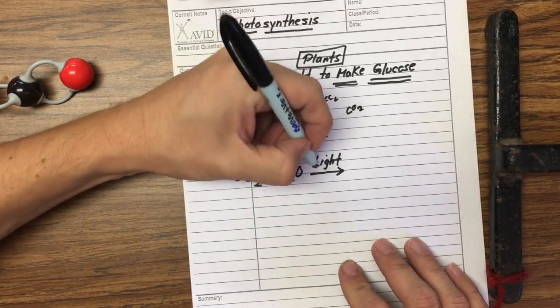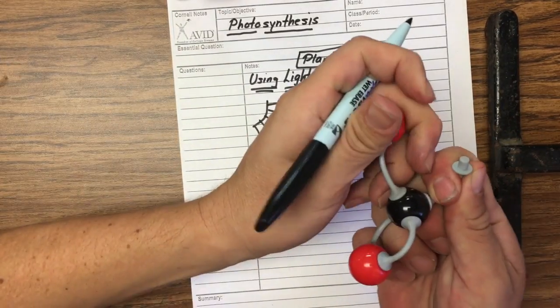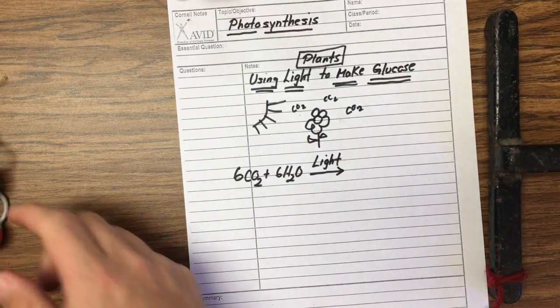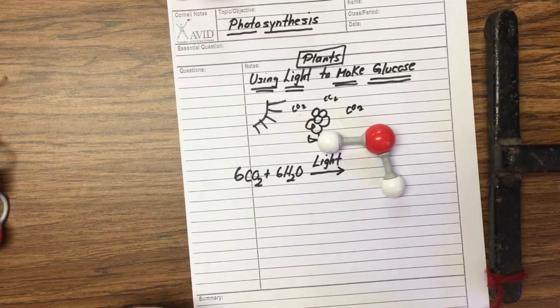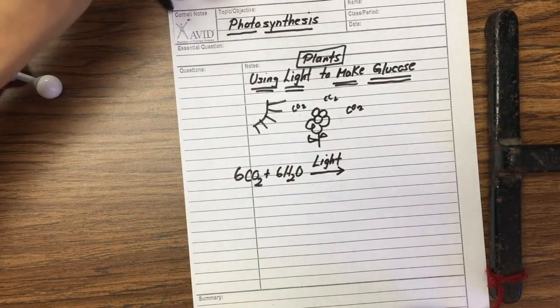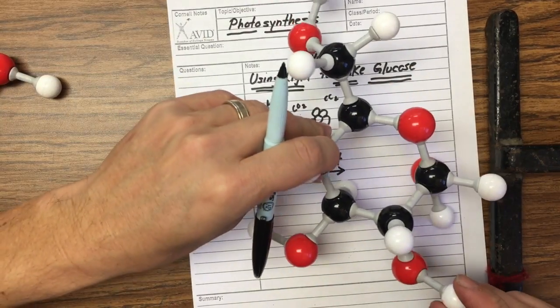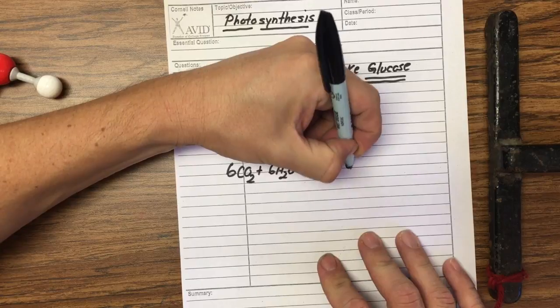It's going to use the energy from the sun to break these molecules. Here are the water molecules that we built in class, right? So it's going to use 6 of these, and it's going to break those molecules and turn them into this. This is glucose,